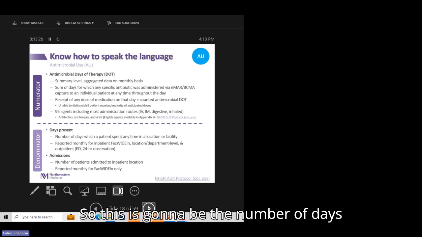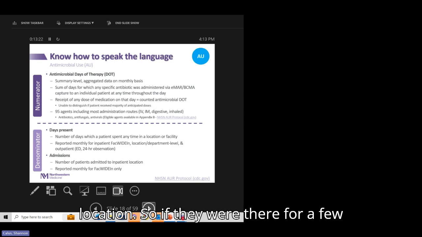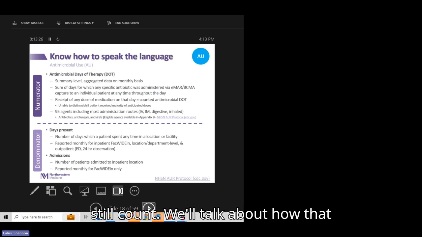So this is going to be the number of days which a patient spent any time in a location. So if they were there for a few hours and then transferred, that would still count. We'll talk about how that differs with AR. And then if it's done,